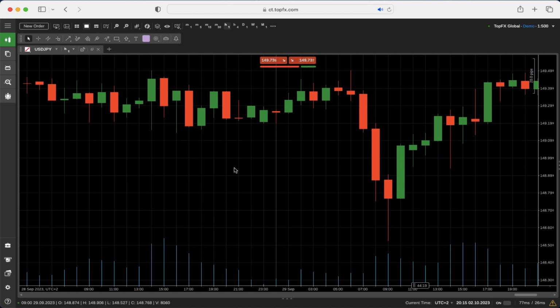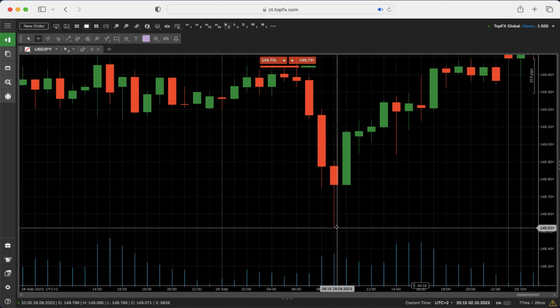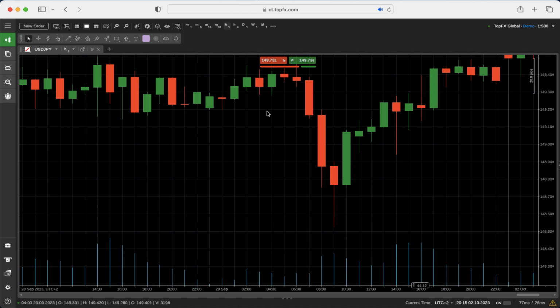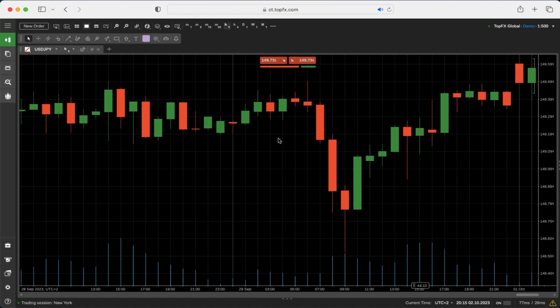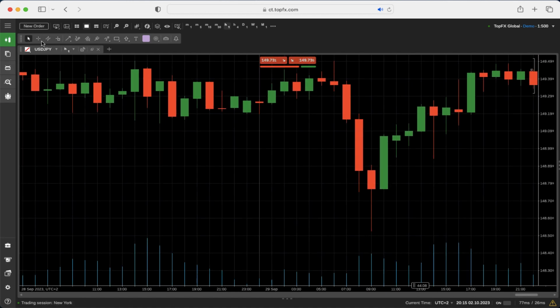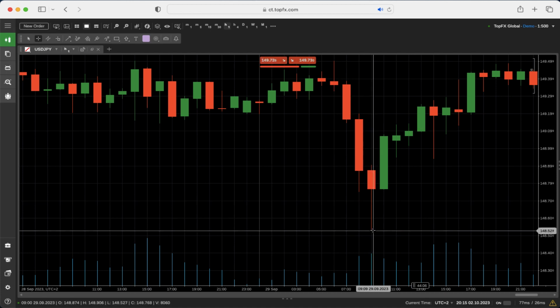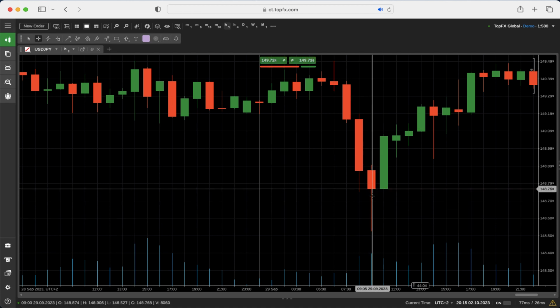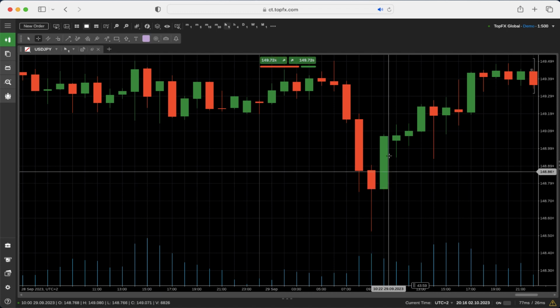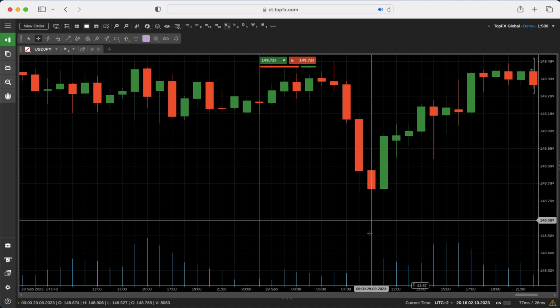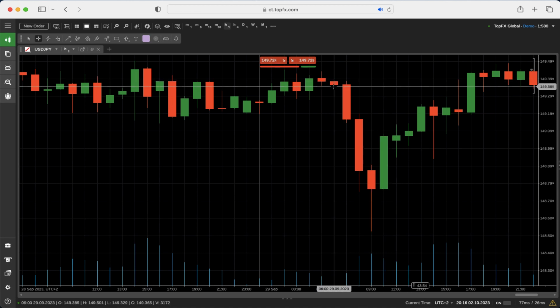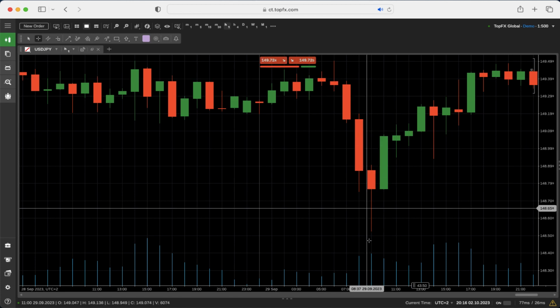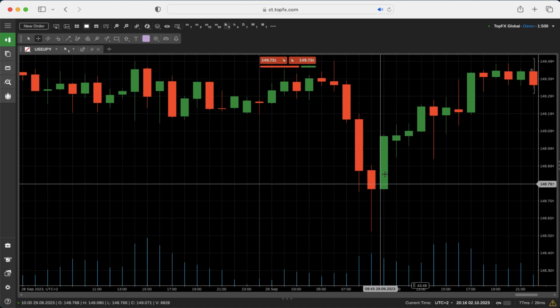So we went as low as here. What's the level here? 148.52, let's say. Let me just go back to the, yes, there you go. So we went as low as here. We left the down shadow, or down wick, okay, and closed here, and then a bullish engulfing pattern. Two candles here, whereas the pin bar in the form of the shooting star is only one candle. There is a two-candle pattern, bullish engulfing,